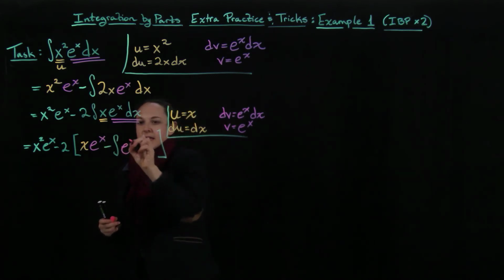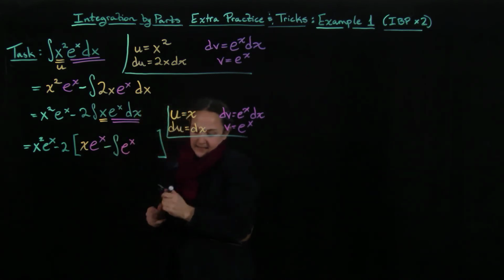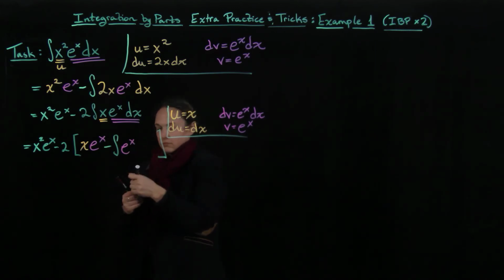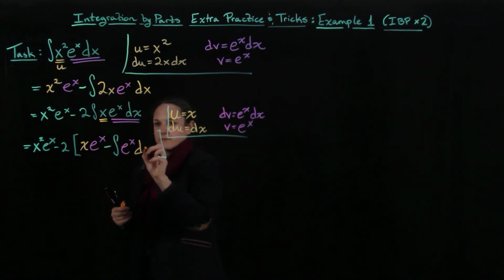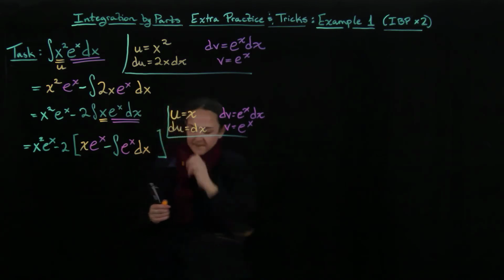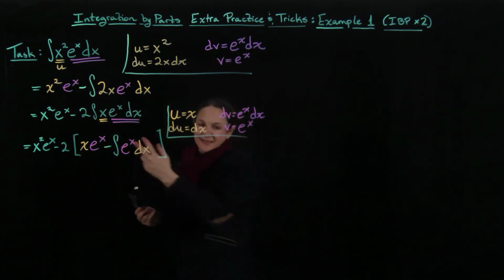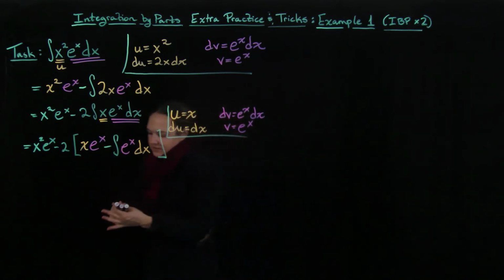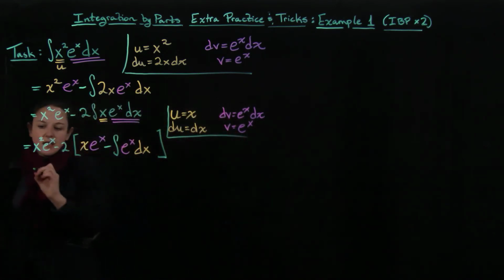So I have e to the x dx. And then this is something that's so much easier to do, right? Because now the antiderivative of e to the x is just e to the x. So this is going to be so much easier to do now. So I'm just going to get x squared